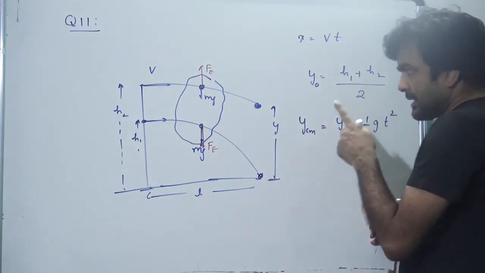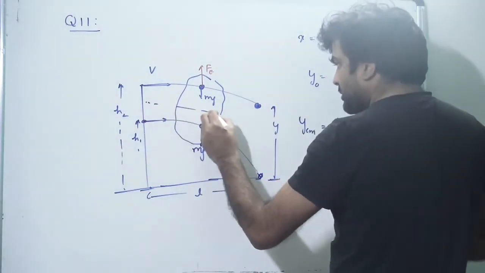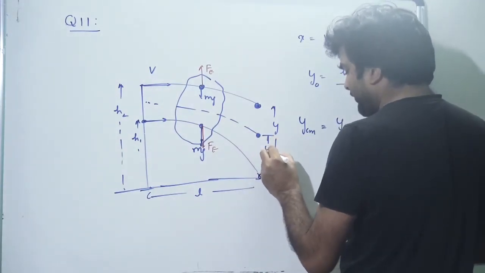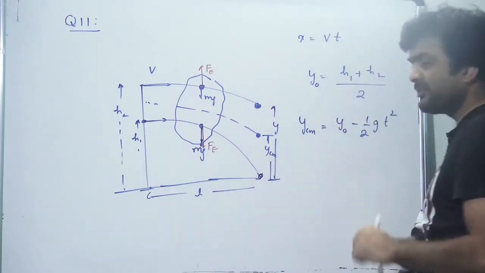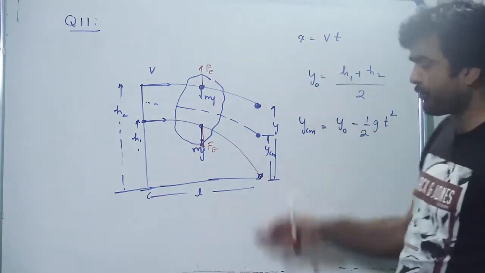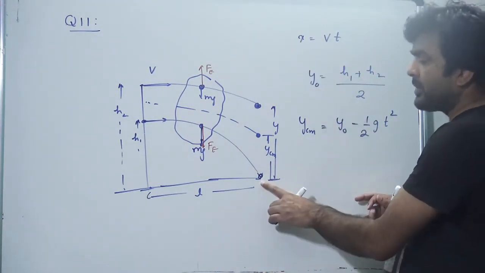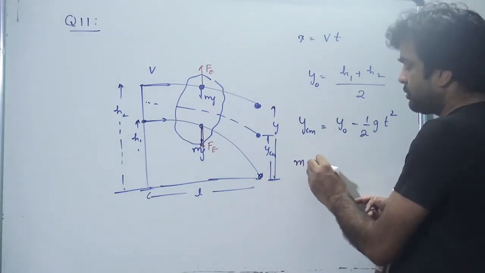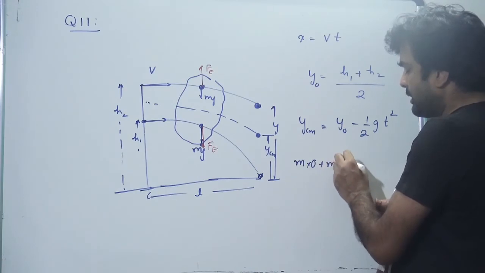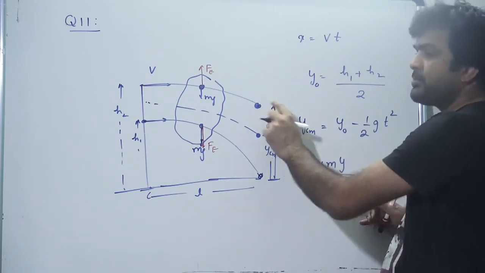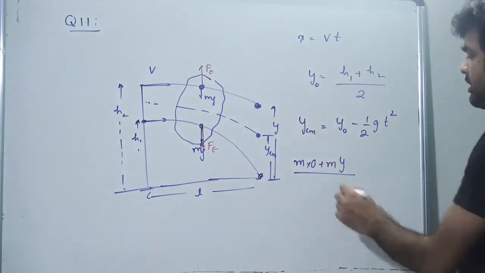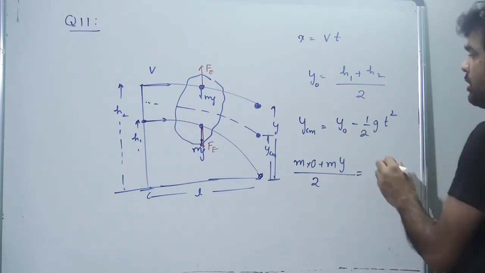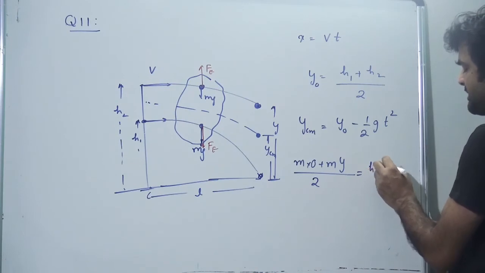In this position the center of mass will come till here, YCM, and YCM will be equal to how much in this position? For this mass Y is 0, so M into 0 plus M into Y, this is the Y for the second mass which we have to find, divided by 2,